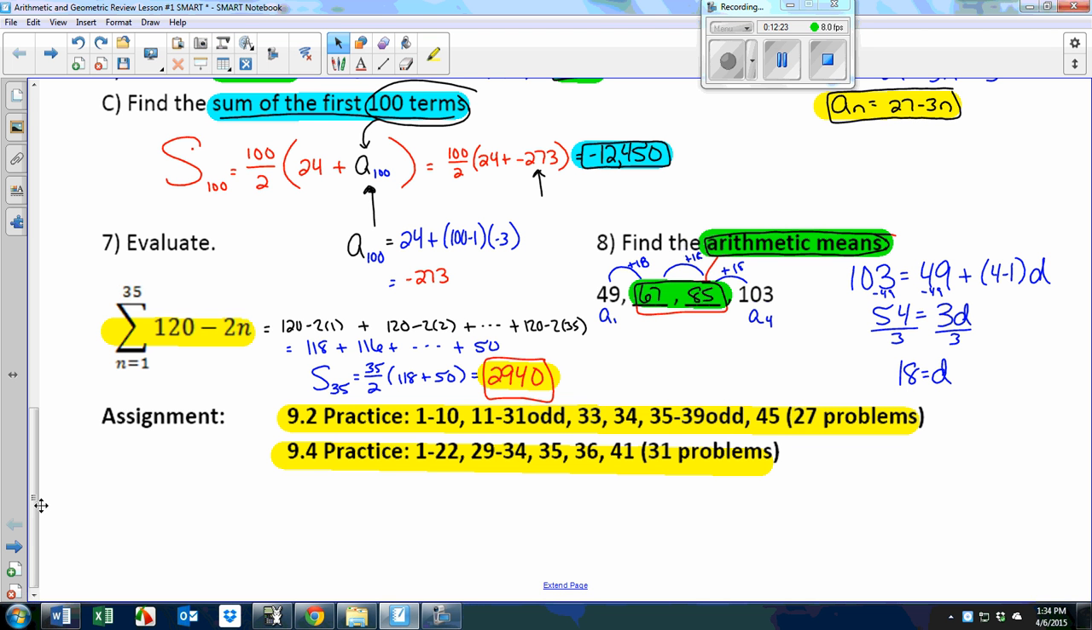The next video will be geometric. Same thing. There's a formula for both of those for series and sequences. And then the third video will be for non-arithmetic, non-geometric patterns. That's the most difficult one of